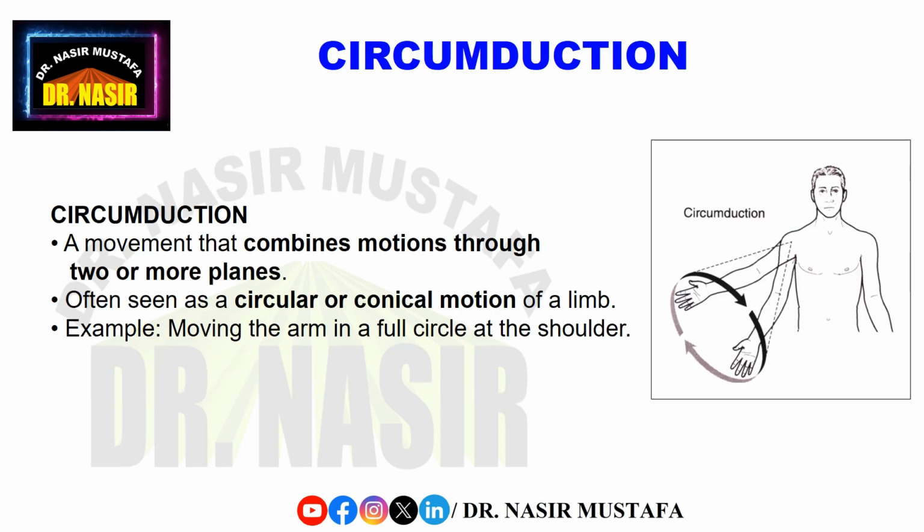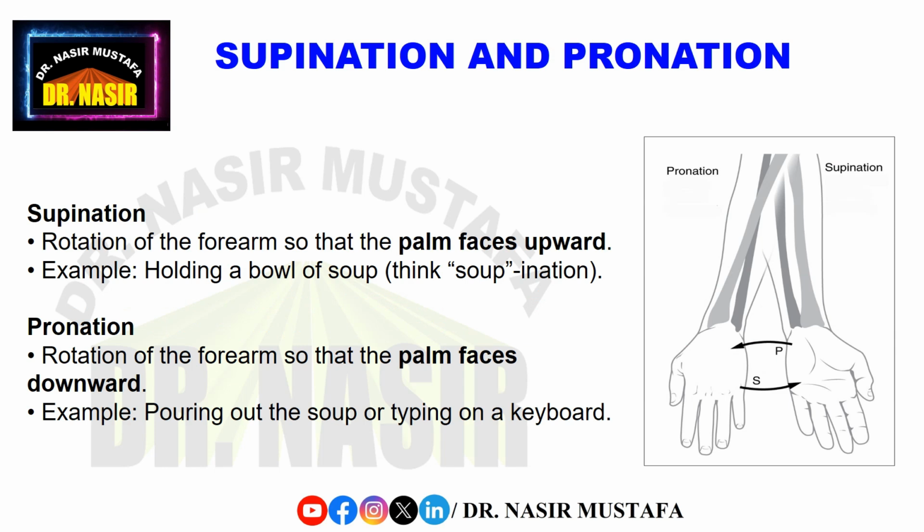the shoulder. Circumduction is a movement that combines motions through two or more planes. It creates a circular or conical motion of a limb. A common example is moving the arm in a full circle at the shoulder. Supination is the rotation of the forearm so that the palm faces upward, like when you hold a bowl of soup. Pronation is the opposite, where the forearm rotates and the palm faces downward, as when pouring out soup or